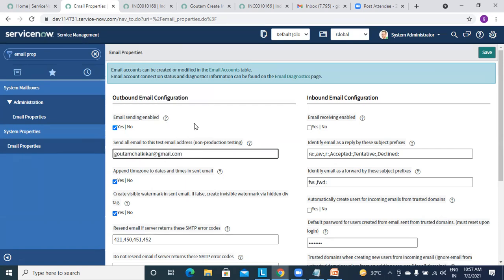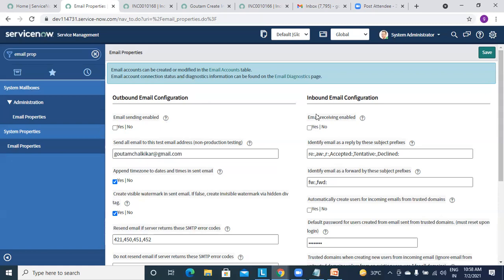And just remember, even if you are doing development in future as a ServiceNow developer, in dev, test, or stage environments, this should always be false. Only in production it should be true. Else, when you are testing in dev or test, all users will receive all the emails. So for that purpose.